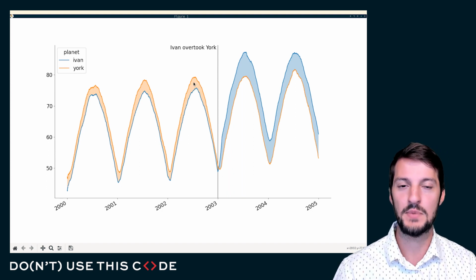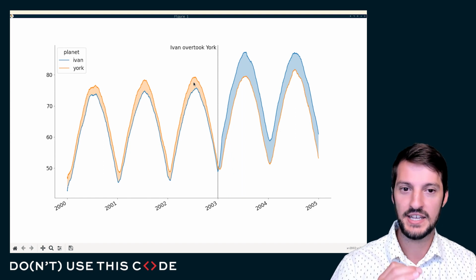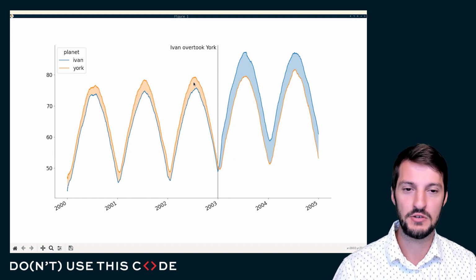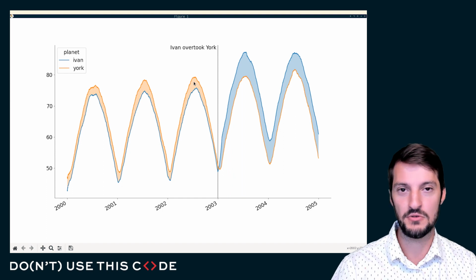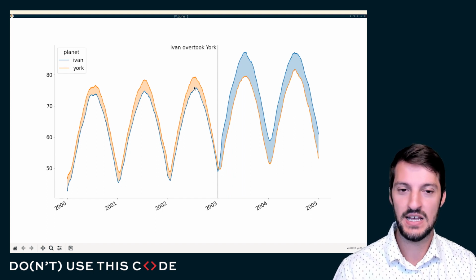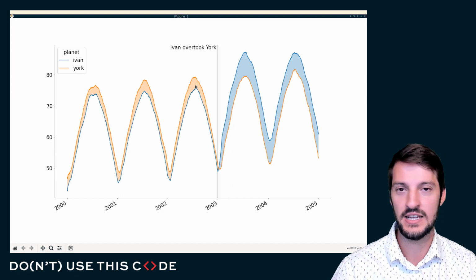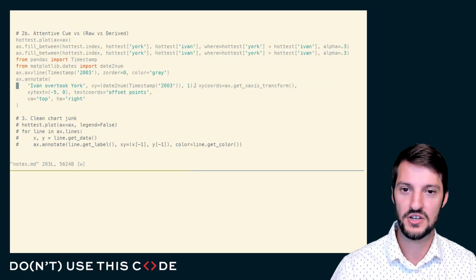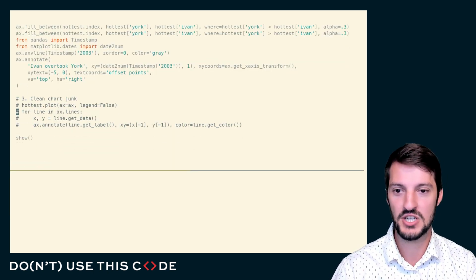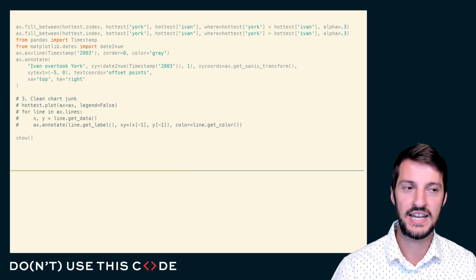This is what that derived metric did much better, in my opinion. I could actually calculate or quantitatively report how much hotter was York than Ivan at any given point in time. From here, you kind of have to guess. But I think this chart does a much better job of conveying the message that at the beginning of 2003, Ivan became hotter than York. I don't necessarily need to report how much hotter, but I do have a visual guidance or a visual hint